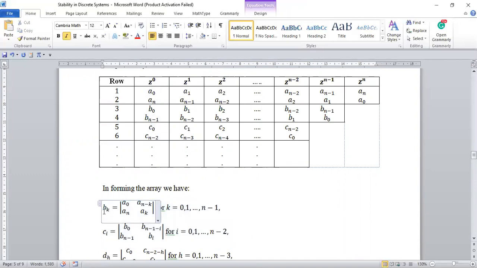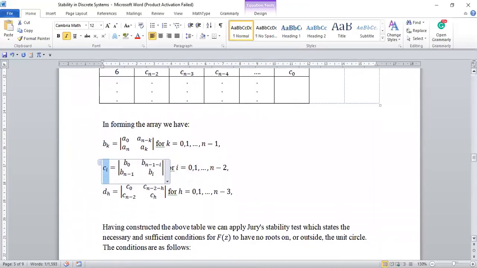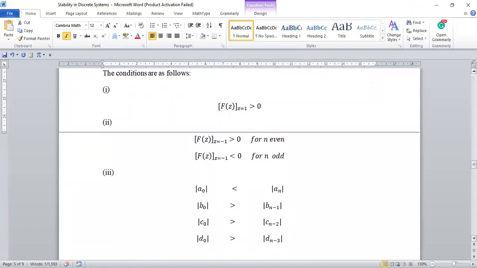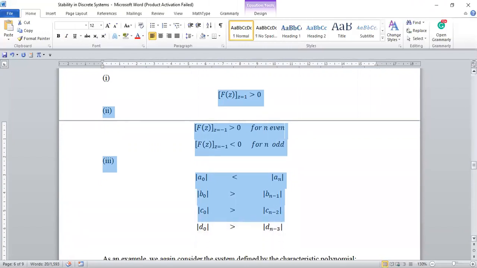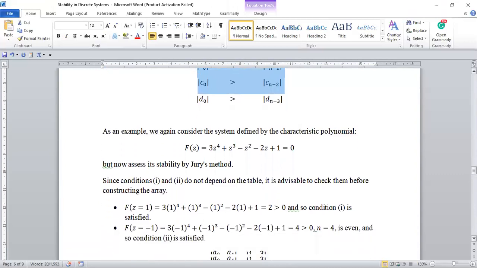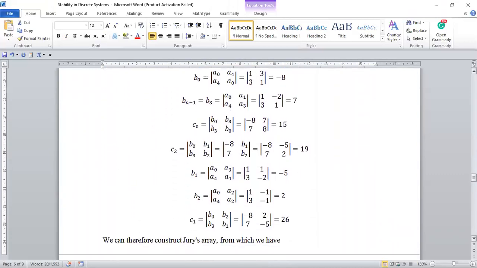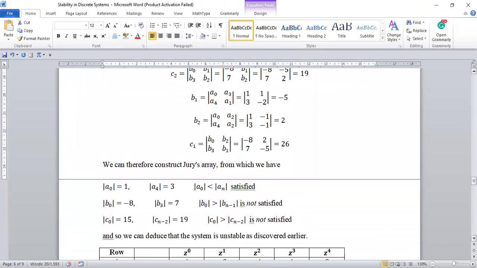Then you need to calculate the B coefficient, then the C coefficient, the D coefficient, depending on the order of the polynomial. Then after that, you need to test for 3 conditions. And when any of the conditions is violated, then you know definitely that the system represented by the